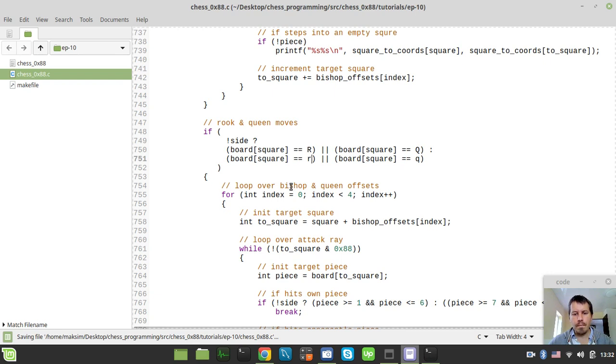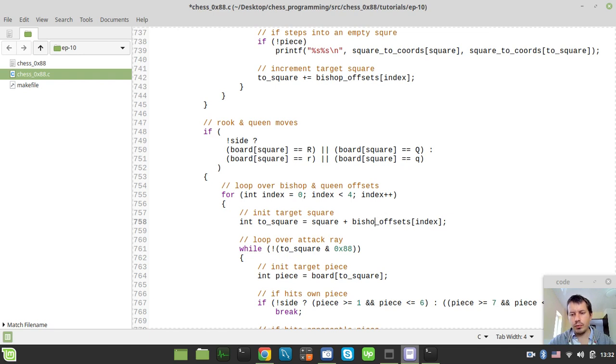The range of indexes is the same because rook offsets also has four offsets to define its moves. So here we need to make use of the rook offsets array, save,